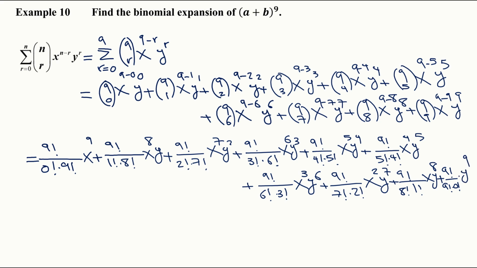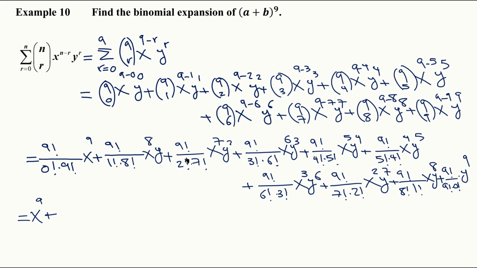There it is. So all we have to do is just compute those and we're done. So for this, since we've done so much work with these, we're going to be efficient and do them quickly. So we know that this is just going to be 1, right? So we get x to the 9